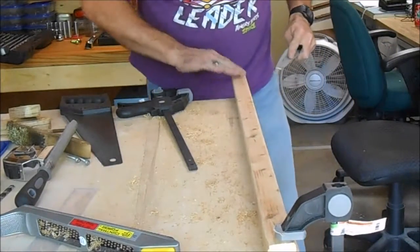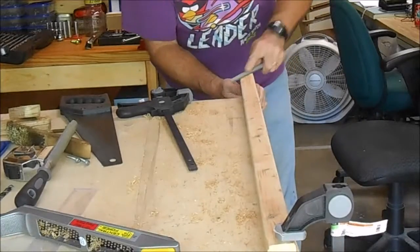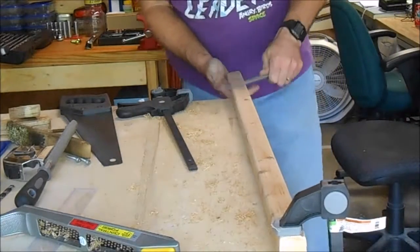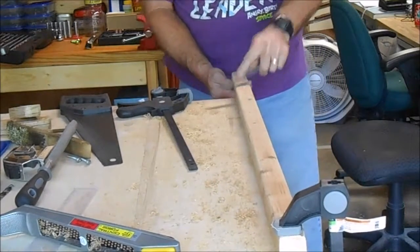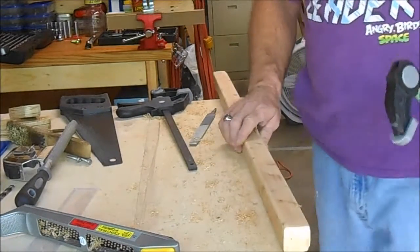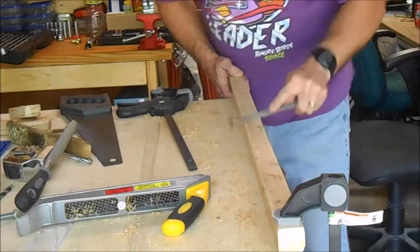Okay. I tell you what, that's as smooth as sandpaper. Actually, I could probably get it a little smoother with the sandpaper. I would say sandpaper is probably going to be more consistent across the knots and the roughest parts of the grain. But considering what I just did with that Sureform tool and how rough it felt compared to after I get done with this file,